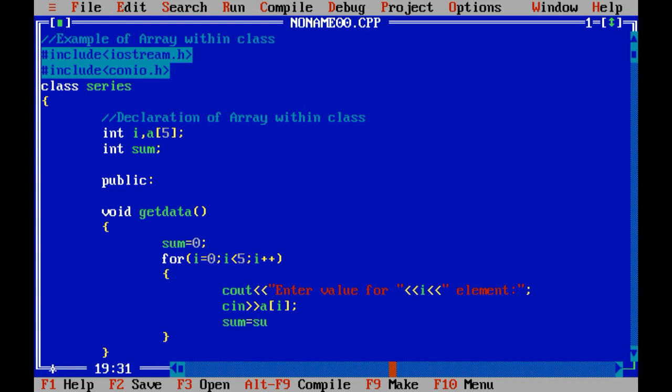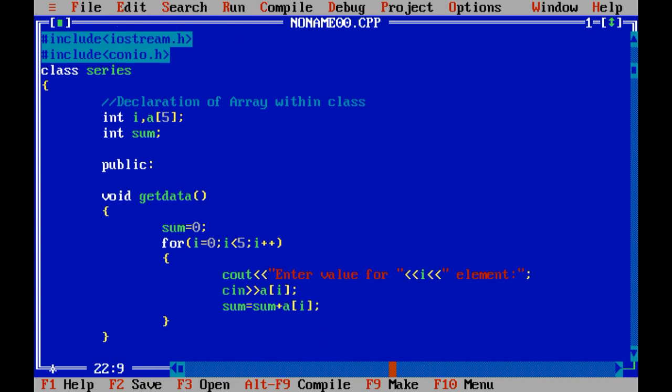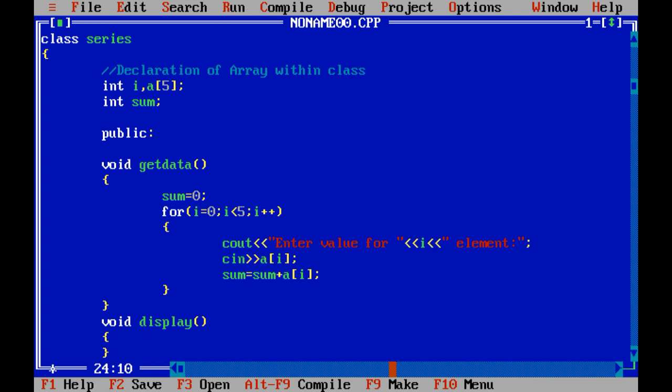Sum equals to sum plus a of i. Now I want to take one new method, that is called display. Cout sum is sum.